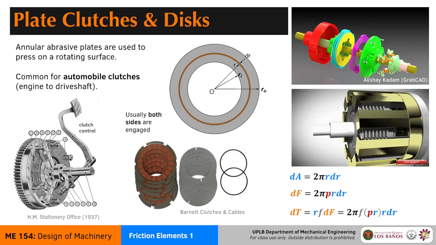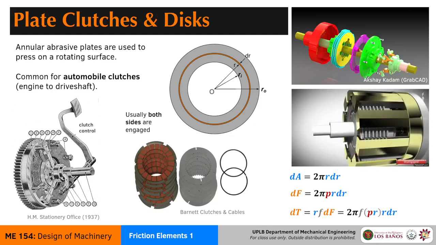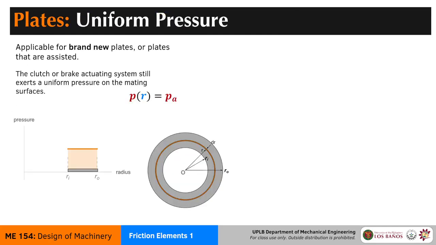All right, so that's the expression for plate clutches and plate discs. What are the expressions under those two models that we talked about before? So in uniform pressure, take note of this graph. The pressure is even whether you're in the inner radius or in the outer radius, and that has an effect on the formula. So for the actuating force that you actually need,